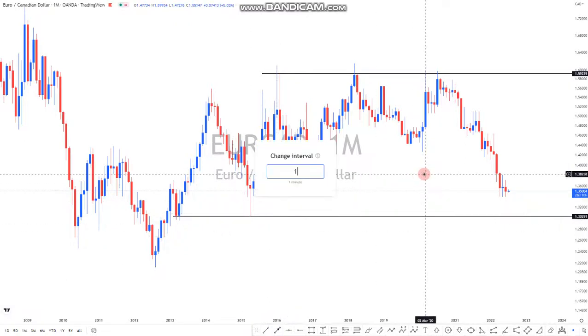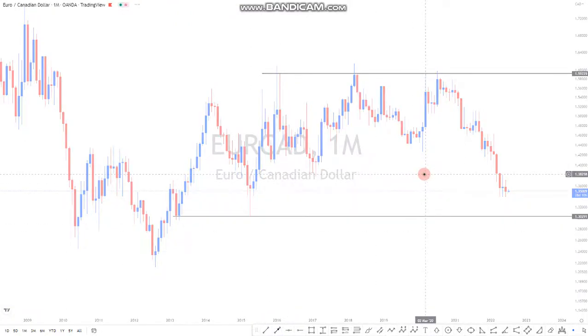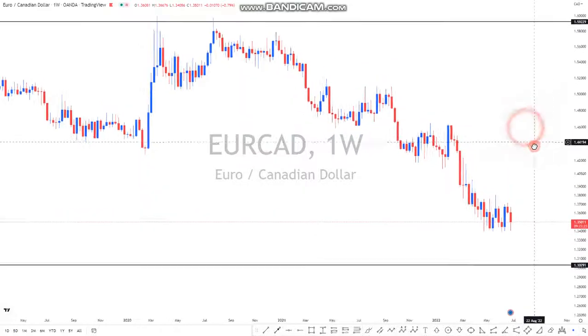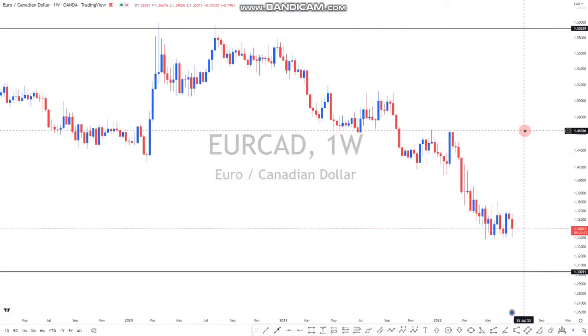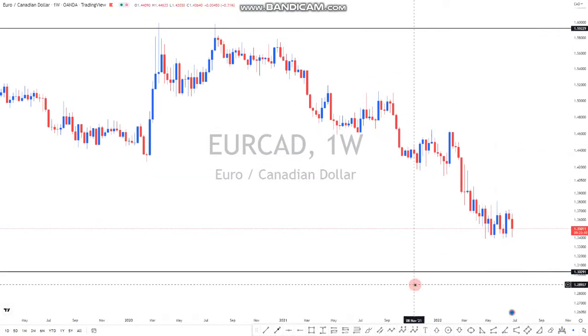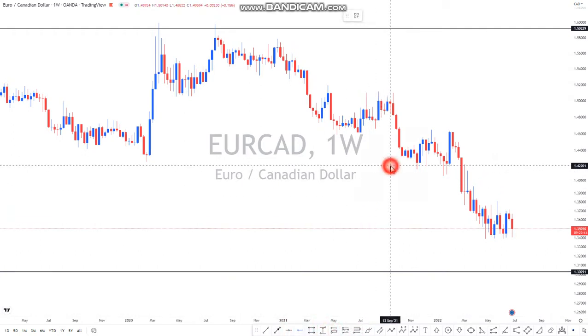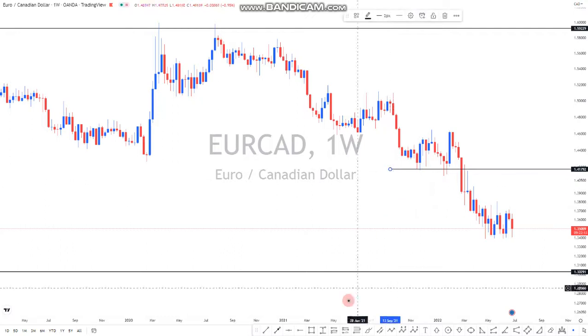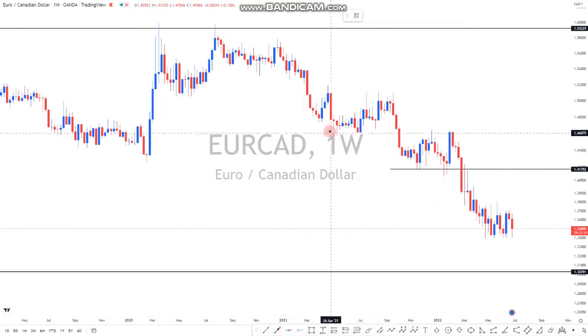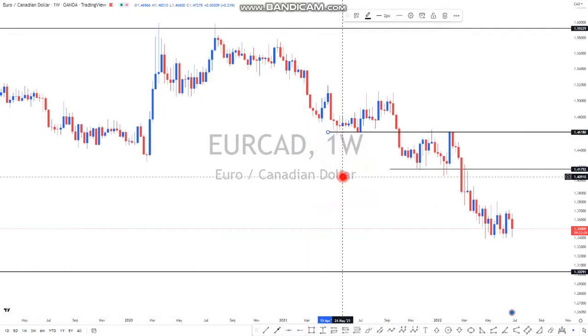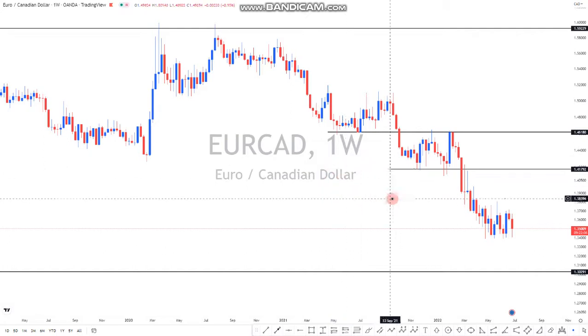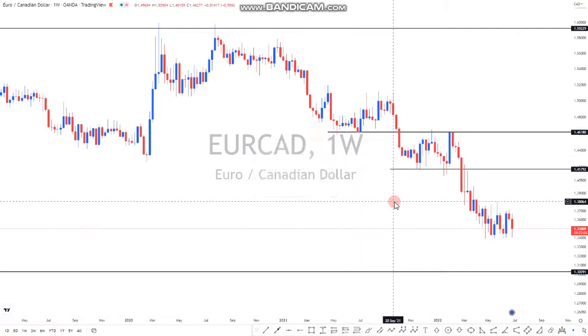So on weekly time frame, twendeni weekly time frame tukaone what is our major site katika weekly time frame. So I'll just spot my horizontal around this area here and another one around this area here. So turning back on daily time frame,